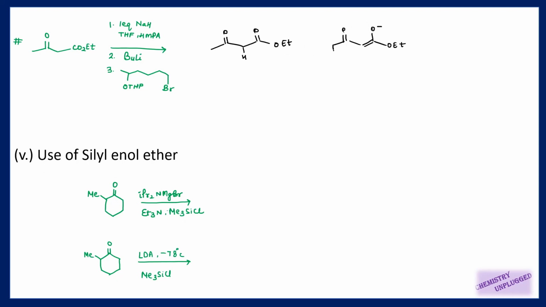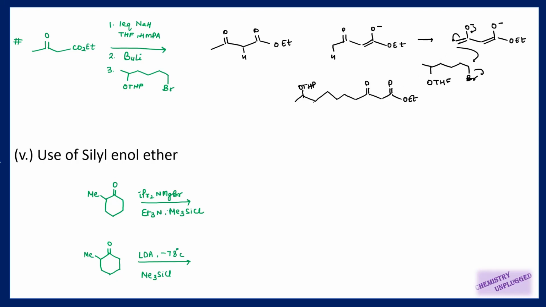So this time this base, this butyl lithium, will remove a proton from this carbon and we will get an enolate like this, right? And here we are using a different type of alkyl halide. So the anion which is formed last in the case of a dianion will react first, right? So this whole group will attach on this carbon, right?